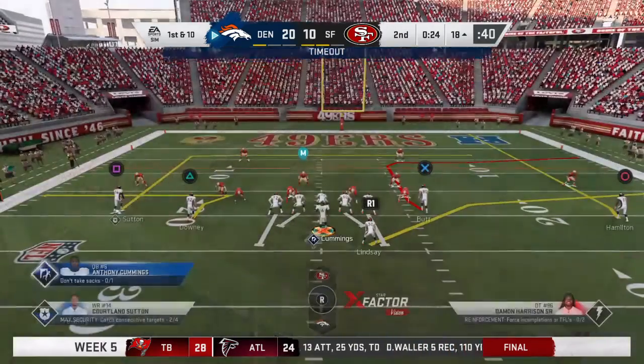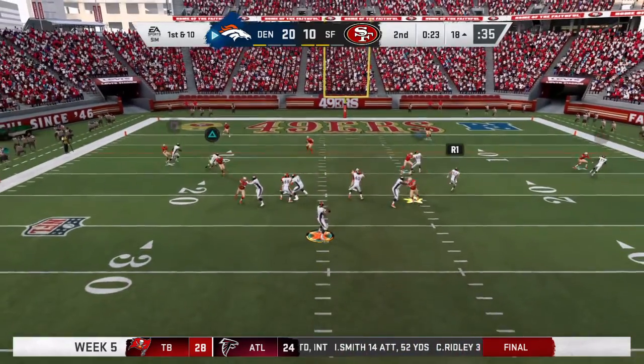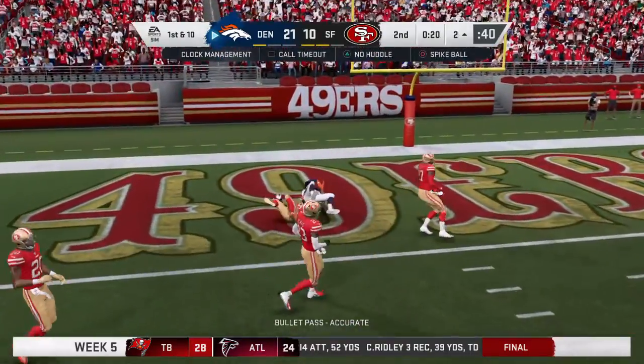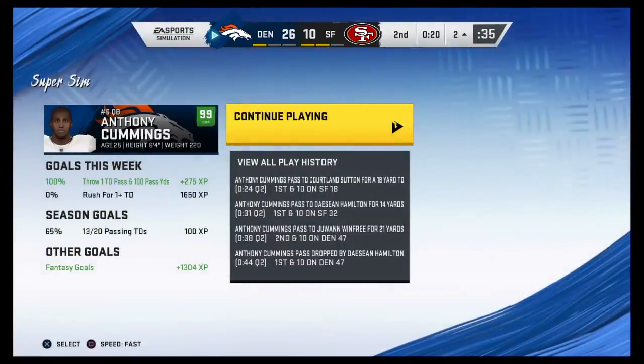He just wants to continue to be accurate. This quarterback now 13 out of 17 throwing the ball. He's got a 1st down. Back to throw. Cummings. And he'll take it into the end zone for a Denver score. Cortland Sutton as the